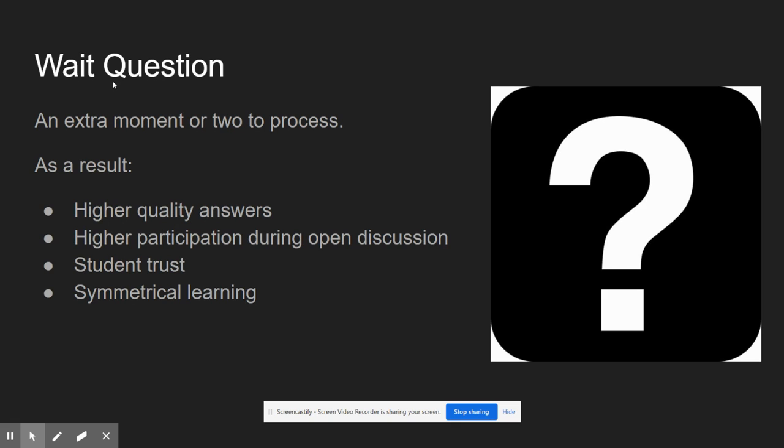The next thing that you will see is higher participation during open discussions. Once I've had the students jot down some thoughts in their notebook, refine their answers in the chat, read the answers of their classmates and compare their thoughts, and maybe even take some notes on that, then once I roll into an open discussion where I'm cold calling or accepting volunteers, there's going to be a higher participation rate. Now everyone, for the most part, is feeling much more confident in their answers and they're more willing to participate because they've had an adequate amount of time to develop their thought.